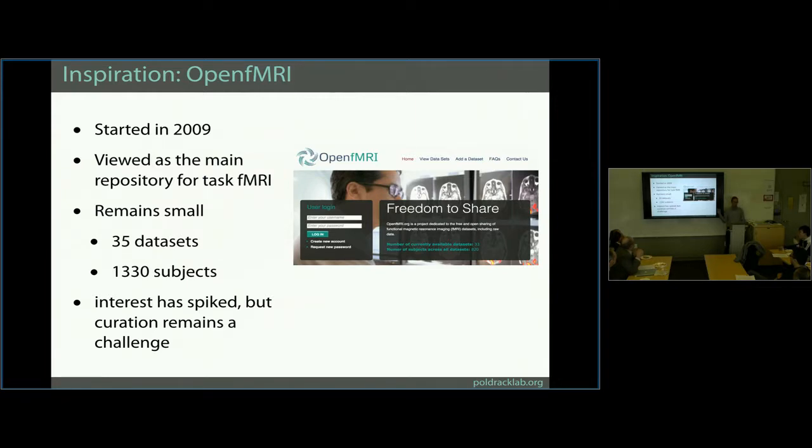One is a project that we started in 2009 called OpenFMRI, and the idea here is basically to share full raw fMRI data sets. And it's now come to be viewed as the main repository for the sharing of what we call task-based functional MRI. This is functional MRI when we put you in the scanner and have you do some kind of psychological test, as opposed to just putting you in and having you rest and collecting brain data. The data set is still pretty small, but it's 35 data sets, about 1,300 subjects now, which is decent, and it's being used more and more.